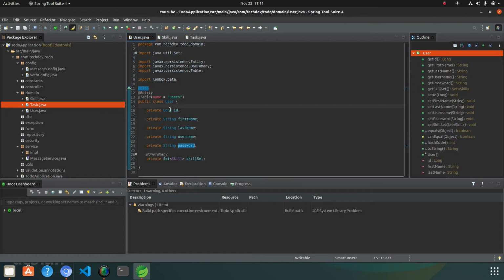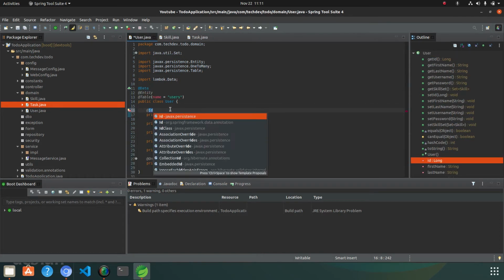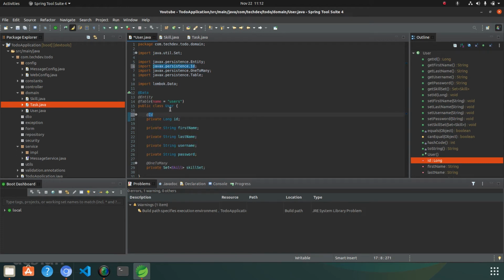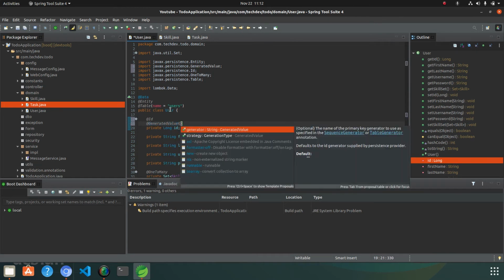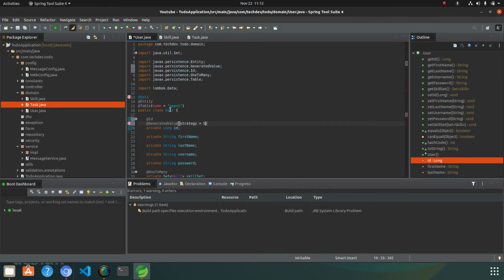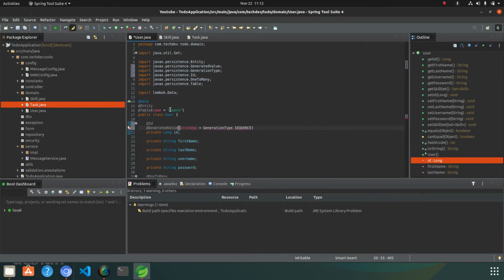And after that we will use @Id for the long id which we have used. Spring Data JPA provides the @Id annotation for representing the id, and now we will use @GeneratedValue, where the generator strategy will be the sequence.